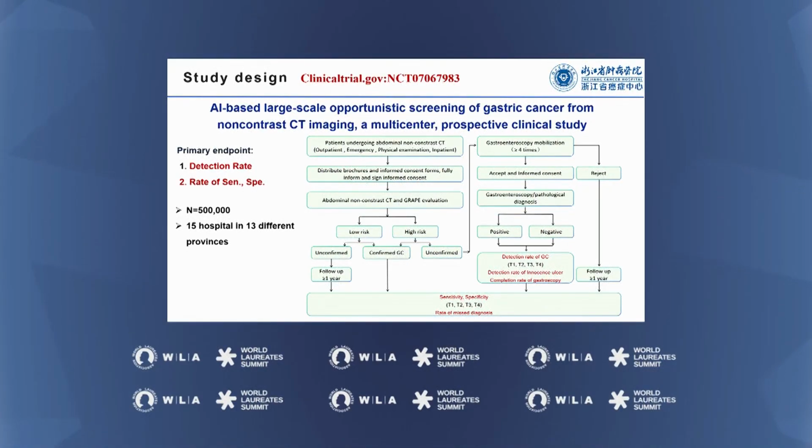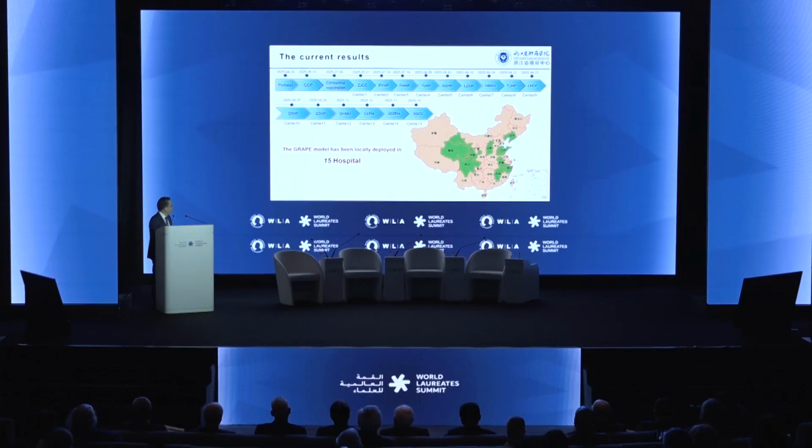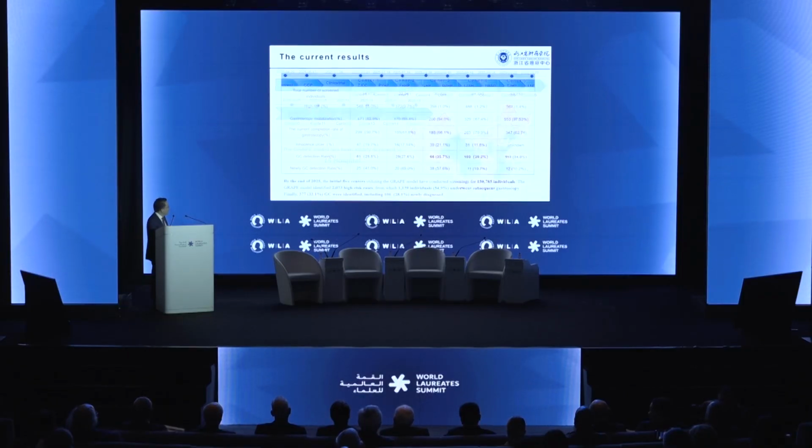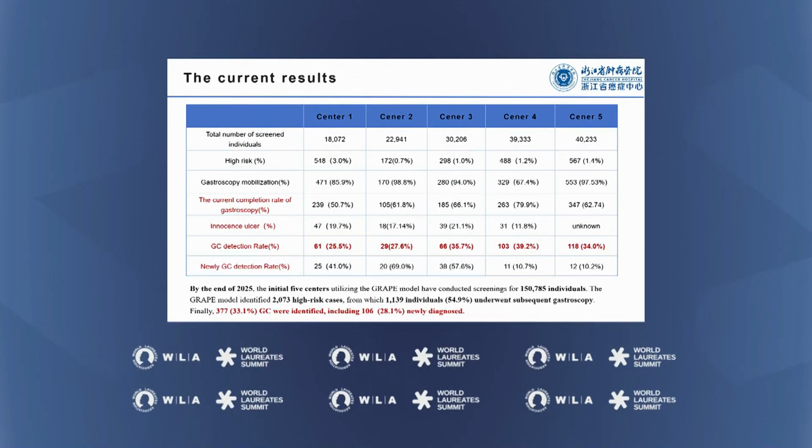The primary endpoint of this clinical trial is the detection rate of gastric cancer, and the second is the sensitivity and specificity. By now, we have finished deploying the GRAB model in 15 hospitals in China. And by the end of 2028, the initial 5 centers utilizing the GRAB model have conducted screening for over